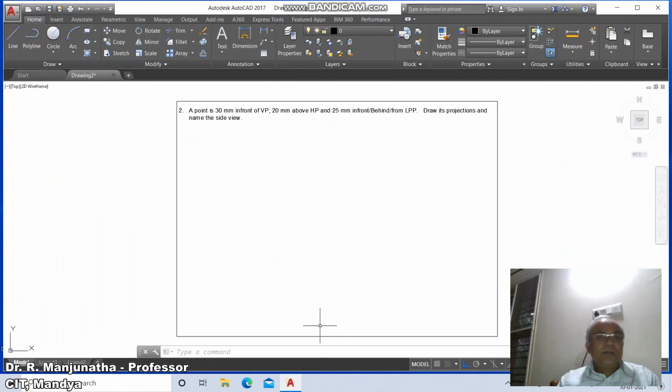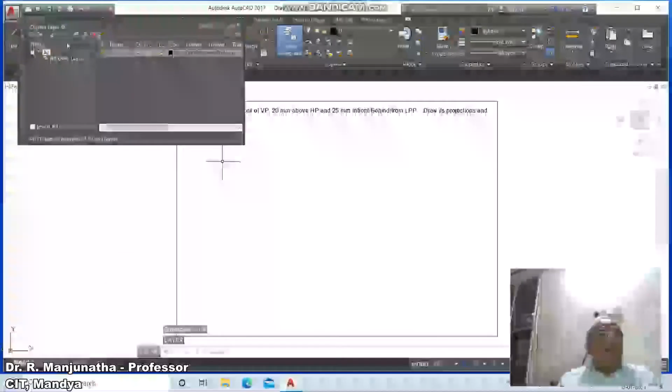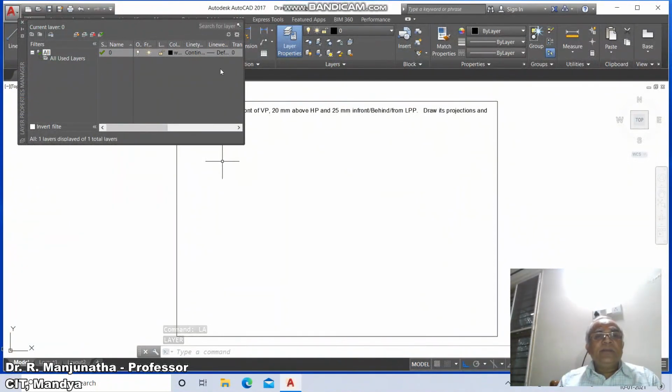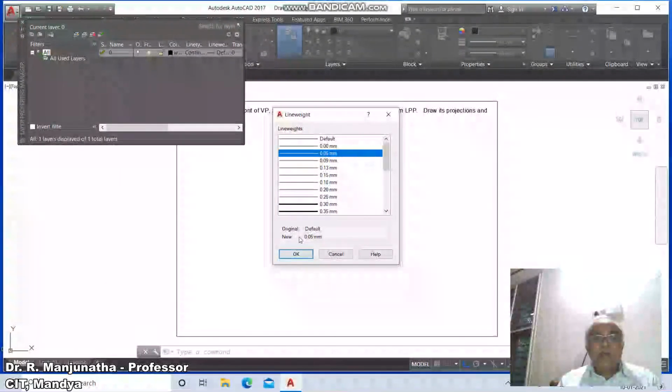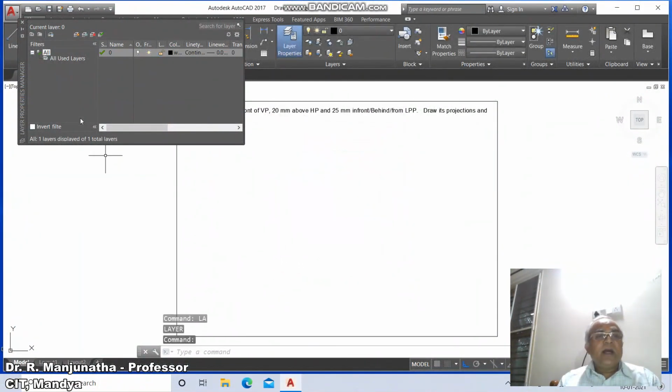Now we have to solve. To solve this problem, the solution will be with us. Now by looking at the solution, we should be able to draw this. So now first, before actually going for the line command, we have to set the line thickness. So for that we'll go to the layer, and here the layer name is 0, so that is always by default. And here to adjust the thickness, we need to go for the line weight. By default it is default. Now you take 0.05, you just click over this and say OK. New line width will be 0.05 and say OK, and then close this.